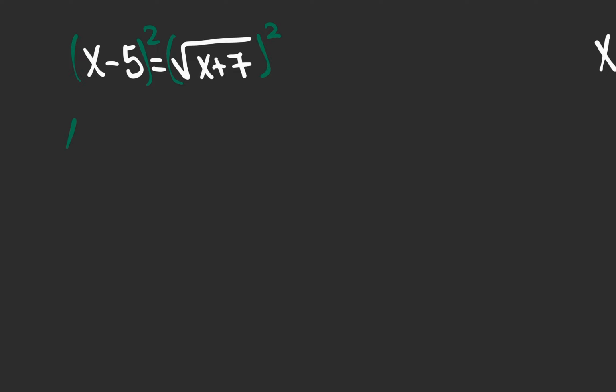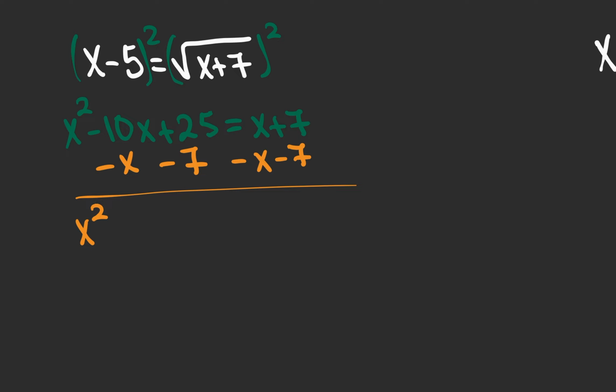So this, on the left-hand side, will leave us with x squared minus 10x plus 25 is equal to x plus 7. I will then place all terms next to the side that contains the x squared. So I will subtract x on both sides. I will subtract 7 on both sides. And this will leave me with x squared minus 11x plus 18